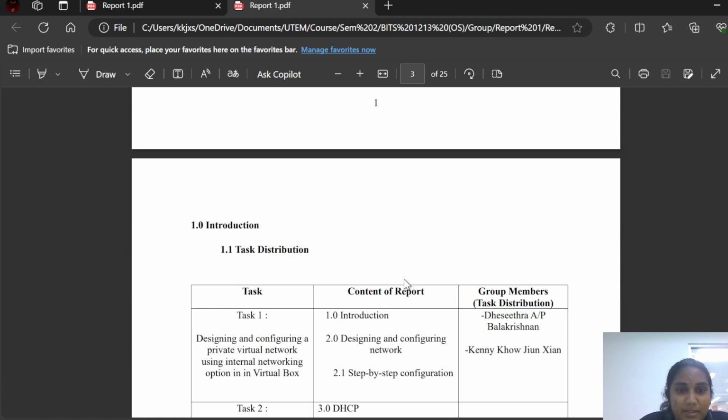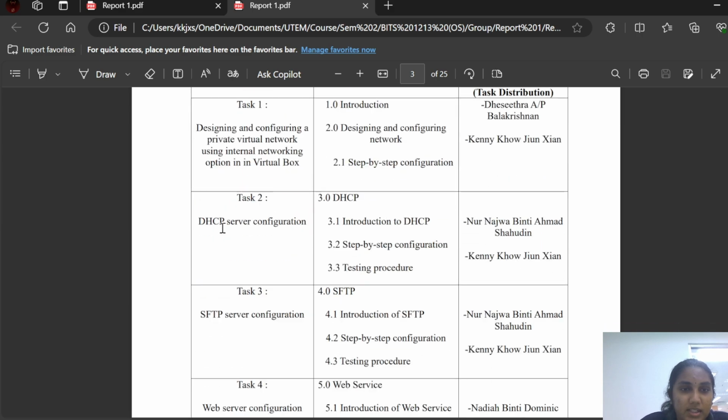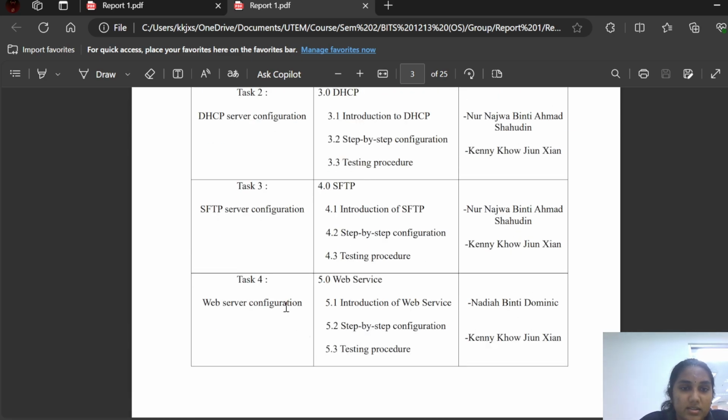The introduction part will be covered by me, Desitra, for designing and configuring a private virtual network using the internal networking option in VirtualBox. Task 2, DHCP server configuration, which includes the introduction, step-by-step configuration, and testing procedure, will be covered by Kenny. Task 3, SFTP server configuration, will be covered by Nur Najwa, which includes the introduction, step-by-step configuration, and testing procedure. Task 4, web server configuration, will be covered by Nur Nadia binti Dominic, which includes the introduction, step-by-step configuration, and